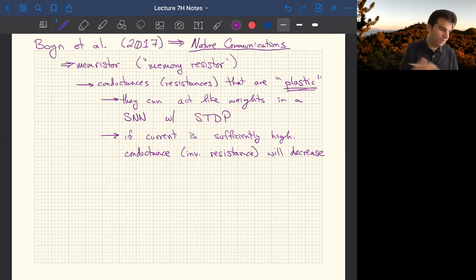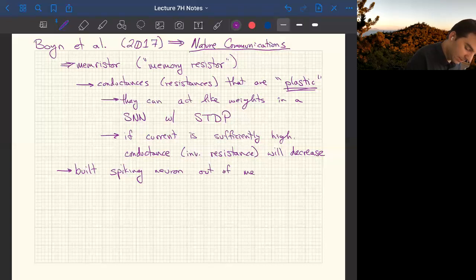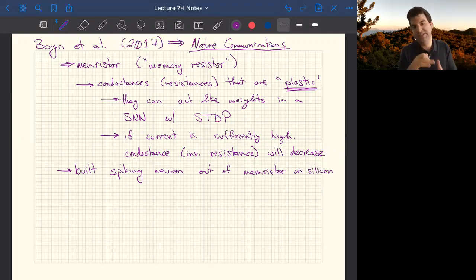And so what the folks did in Boyne et al. 2017 is they basically built a spiking neuron out of memristors on silicon. So they created a device that is a spiking neuron that gets all of its cool properties from this memristance. I'm not going to go into all of the details of exactly how this device works, but